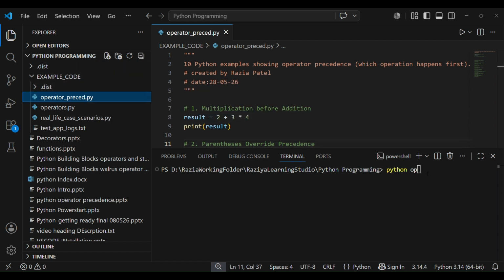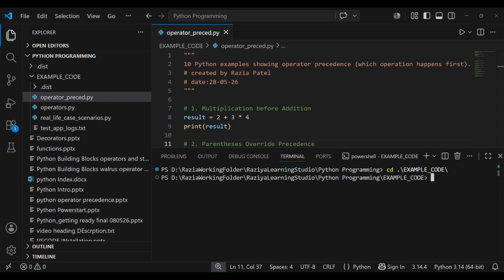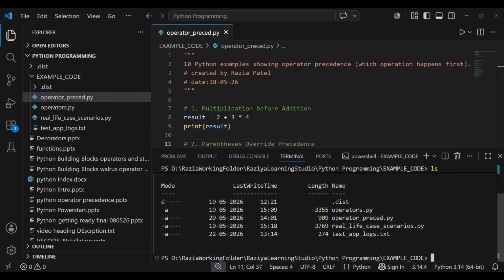So I need to change the directory. I write EX, and since I'm a fan of shortcuts, I like using the keyboard more. As soon as you write EX and press tab, it will give you examples. Now I change to this. Now I'll say ls, and yes, I have operator precedence here.